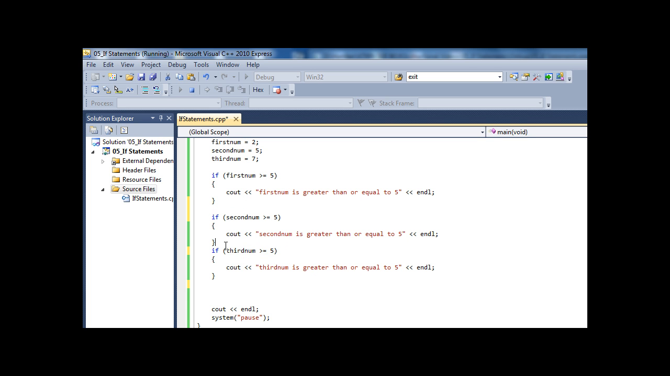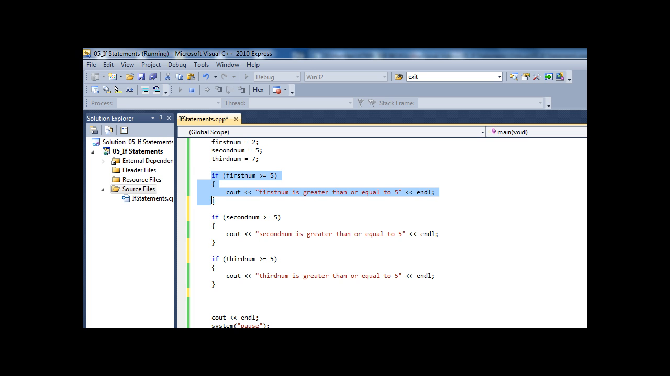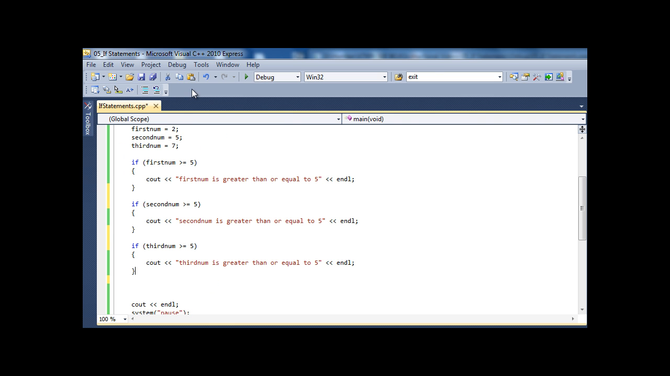Let me put a space in between them just so we can see them. So it's going to run this. If it's true, it's going to print out this statement. If it's not, it'll do nothing. Then it will run this. If it's true, print out this statement. If not, do nothing. Then it will run this. So these are 3 separate ifs. So now if I run this,